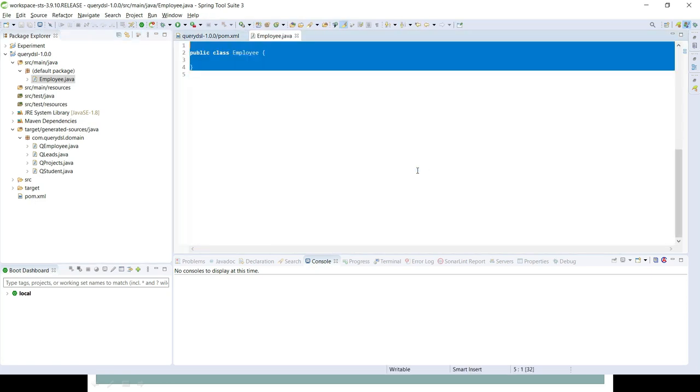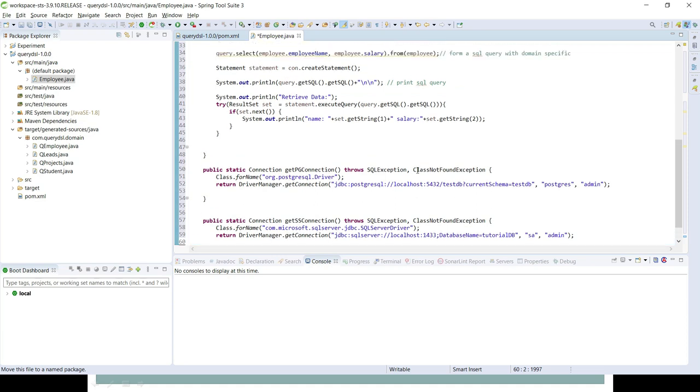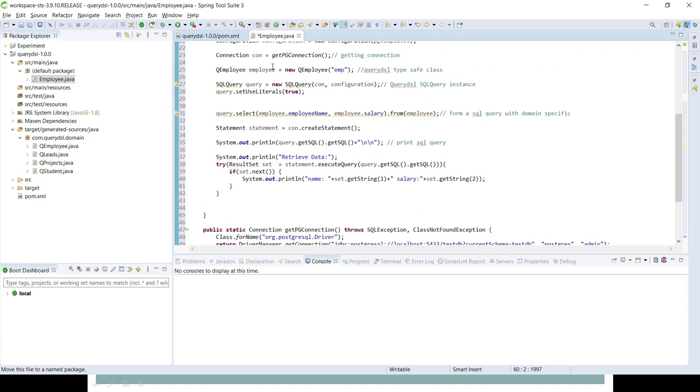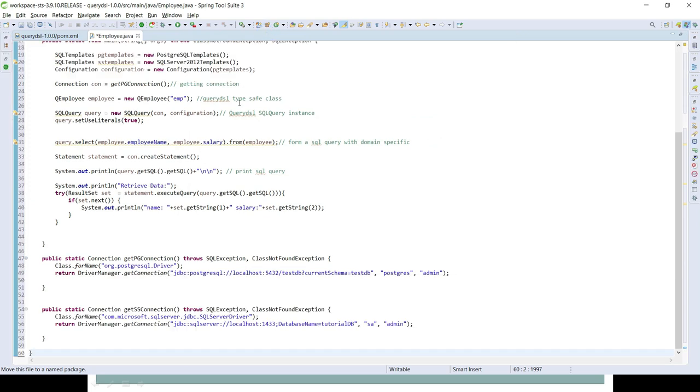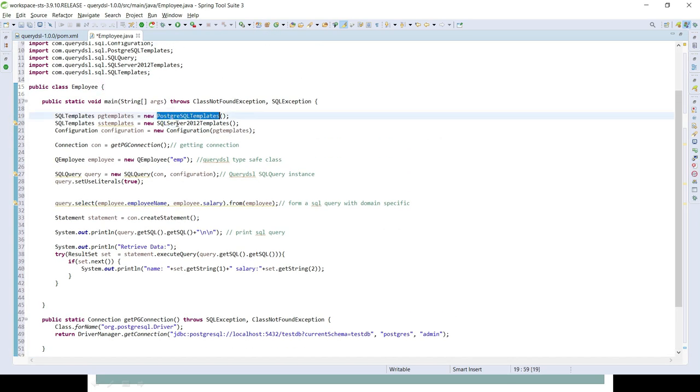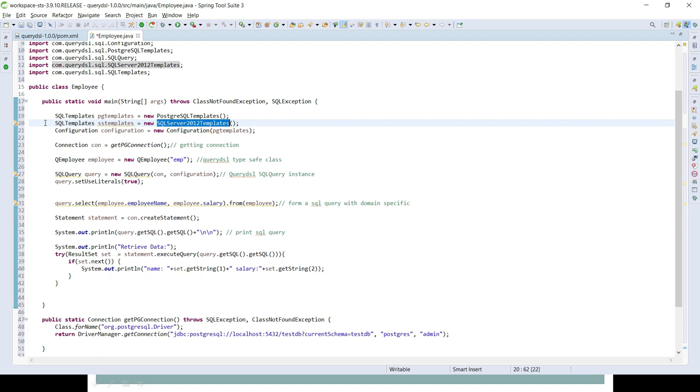I have already composed all the statements to reduce the time, for both Postgre and SQL Server. First I will show you the Postgre part, and then I will come to SQL Server.